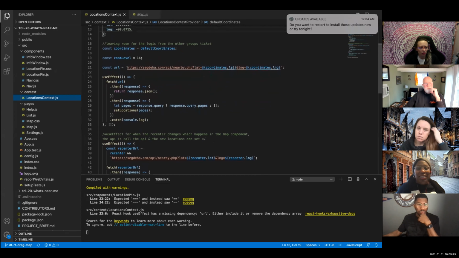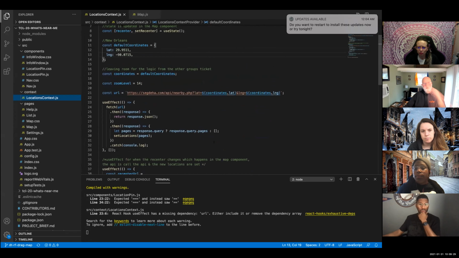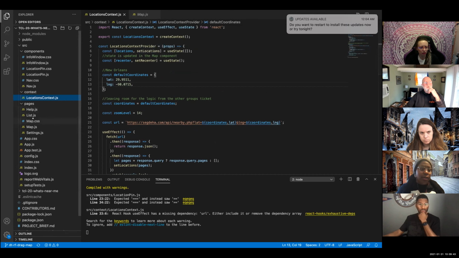The other thing that's probably interesting is in map.js. I was going to try to look for it, because I did a review of this and I didn't think to look for which event you're using in the map. So are you in map.js? No, we're in locations context. I can go to map.js.